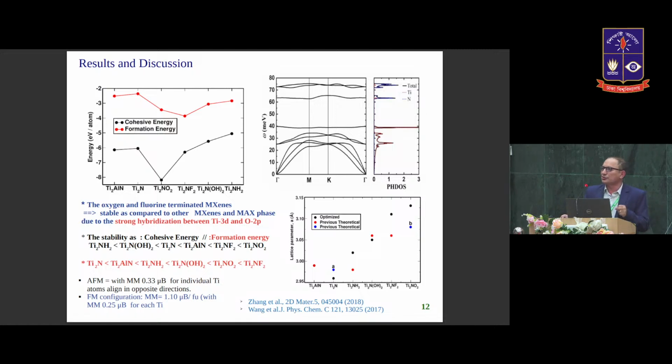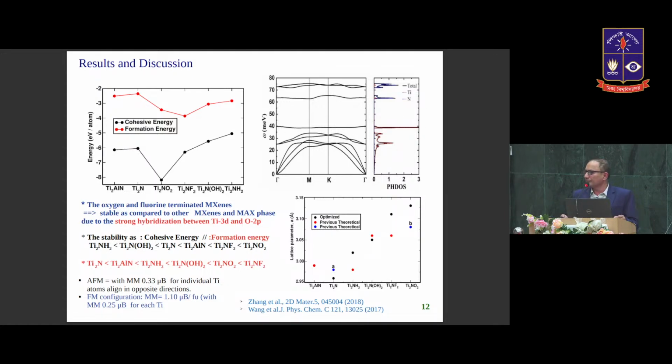While calculating this structural property and others, we first consider whether these materials are magnetic or non-magnetic. For that, we use first non-magnetic systems, second ferromagnetic systems, and third anti-ferromagnetic systems. After calculating, we get that ferromagnetic M2X is more stable than the anti-ferromagnetic and the non-magnetic. So we use the ferromagnetic type of Ti2N, because in the case of ferromagnetic Ti2N,